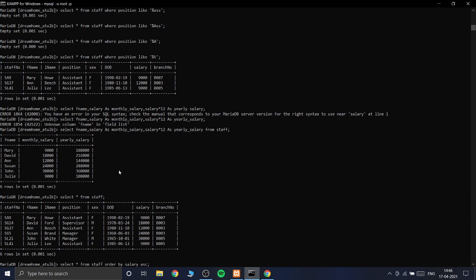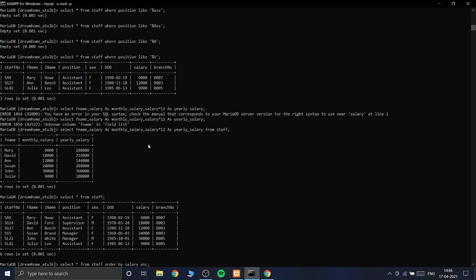Now the fourth is selecting using the AS statement. So we use select f name, salary as monthly salary, comma salary star 12 as yearly salary from staff. So f name will be selected, and salary is selected as monthly salary.